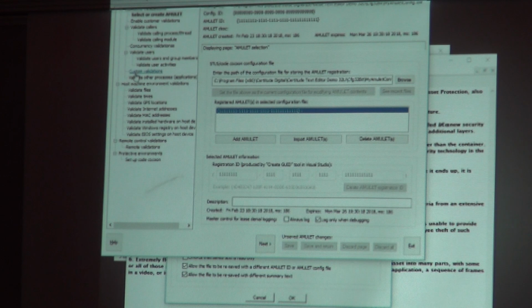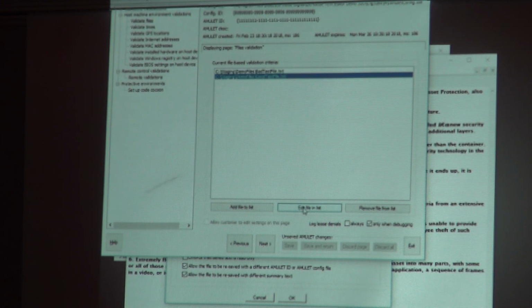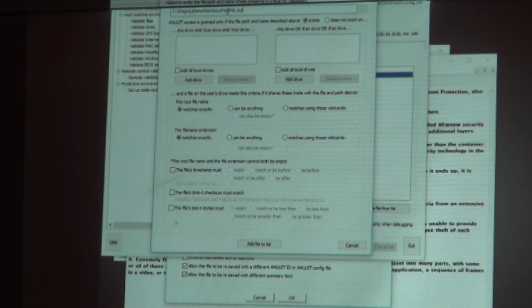Now, what we're using is just this validate files, and we're not even using a lot of the options within the validate files. Let's take a quick look at this one. This is saying that this specific file, here's the full path, must exist. And that's really all we're using for this quick